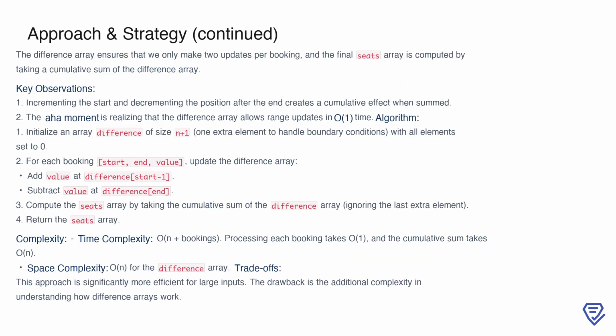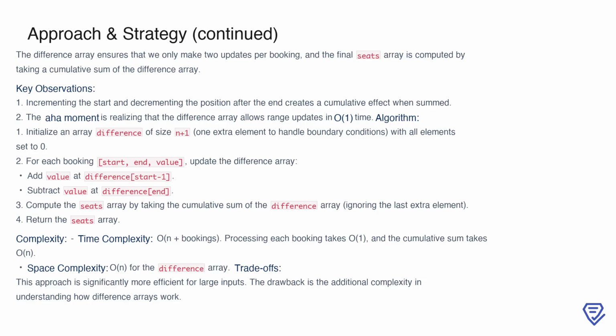The inefficiency in the brute force approach lies in repeatedly updating overlapping ranges. To address this, we use an optimized technique called the difference array. Instead of directly updating all elements within a range for each booking, we optimize the process by only making two operations, incrementing the start of the range and decrementing the position right after the end of the range. The difference array works by storing these incremental changes, and the final seat counts are derived by taking the cumulative sum of this array. This approach drastically reduces the number of updates required per booking to just 2, regardless of